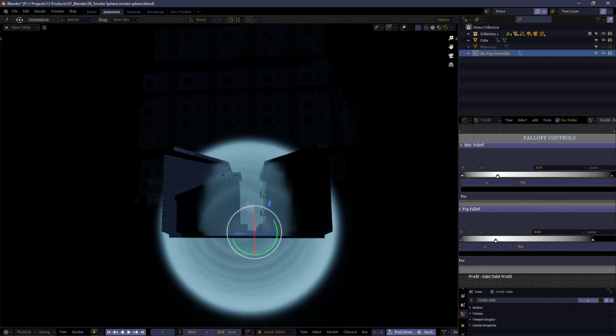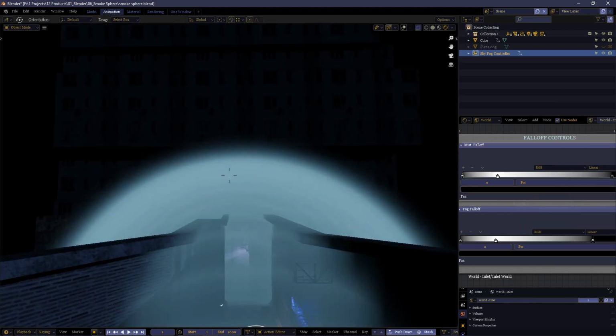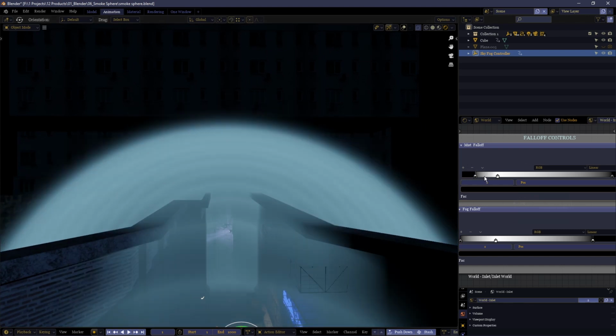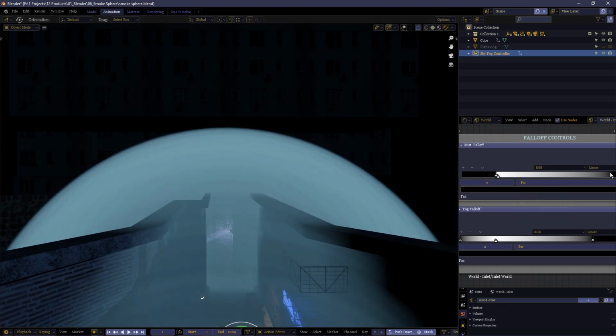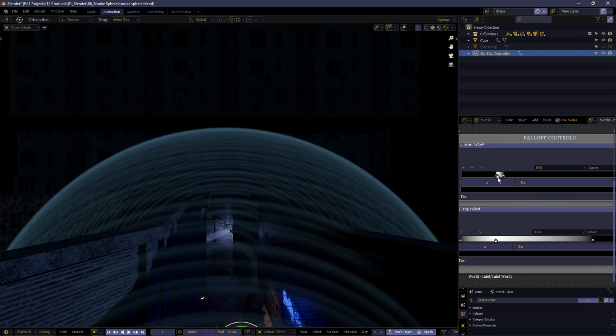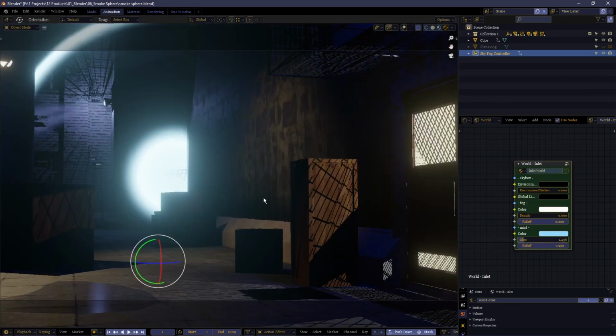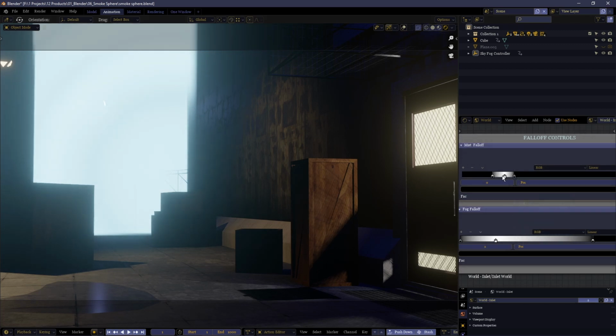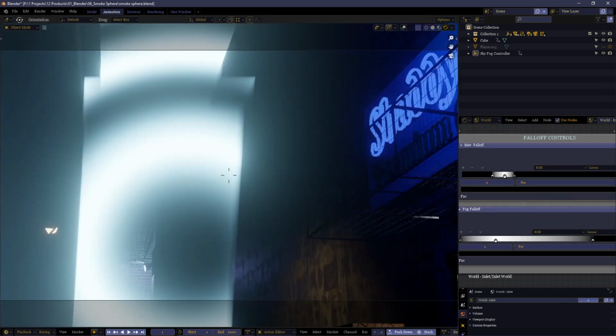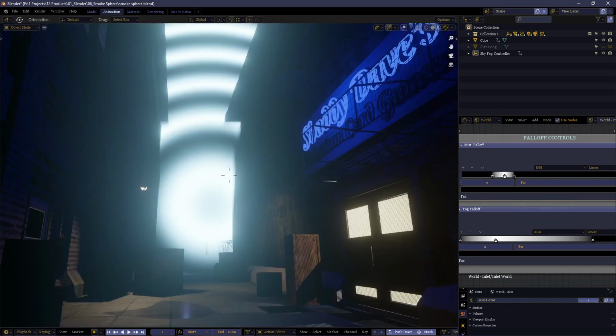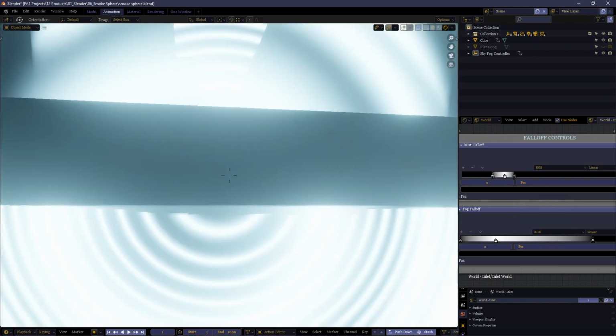But just to demonstrate, we're going to push the start and the end right close together and boost up the intensity, just so it's easy to see. And now we can see that we have almost a solid wall of this fog going all the way around our scene. And yet the moment we cross the threshold, it again exists only within that sphere.